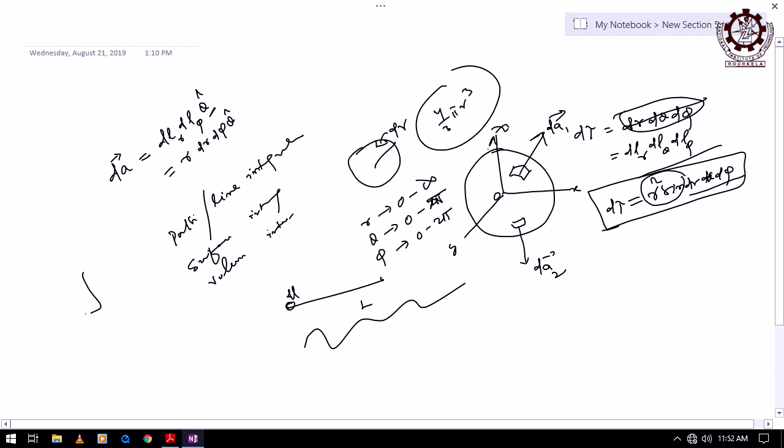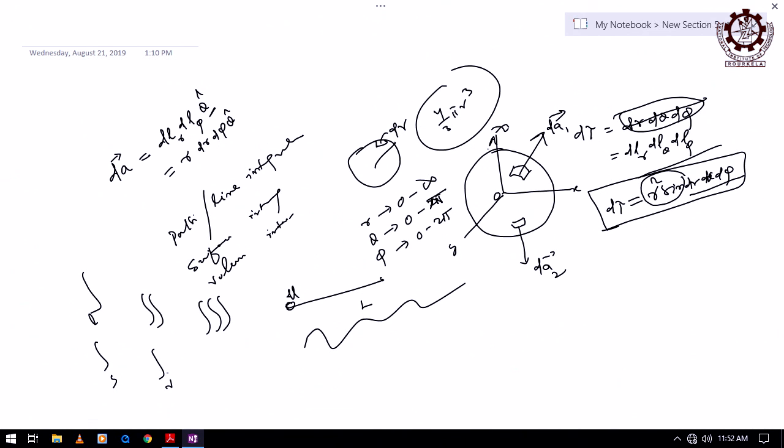If it is path, you can write 1, if it is 2 dimension surface, if it is 3 dimension, or else you can write this is length, this is surface, this is volume, as you like, right. That will tell you what kind of integration you are doing, because if you are writing length, then obviously this refers to length, but if you go for area, then there should be two variables, dx, dy, but if it is volume integration, then there should be dx, dy, dz. That is why if volume, 3 dimension, if area, 2 dimension, if length, 1 dimension.